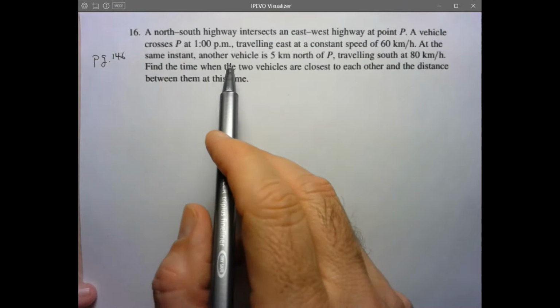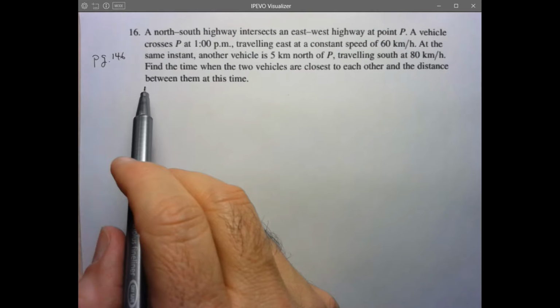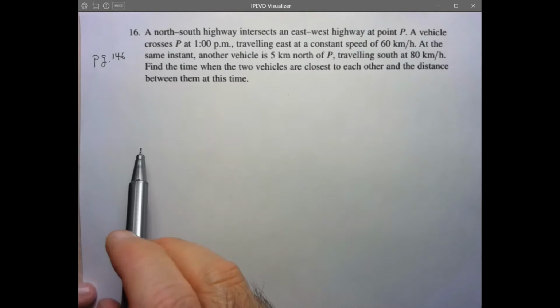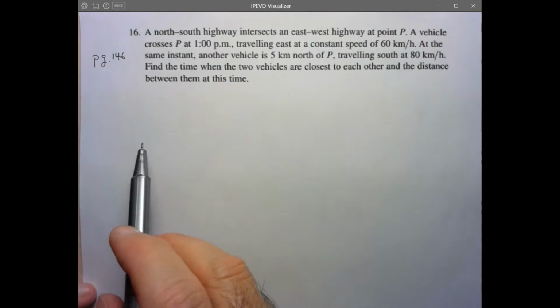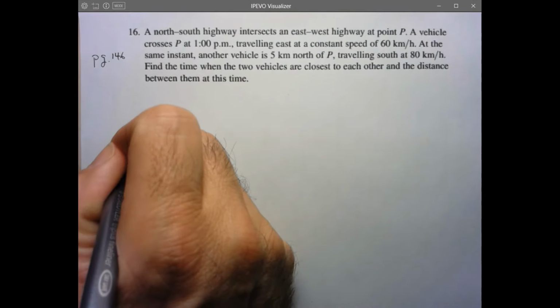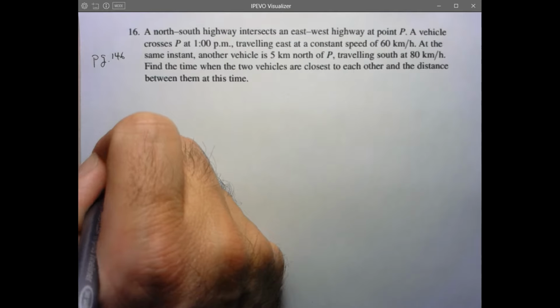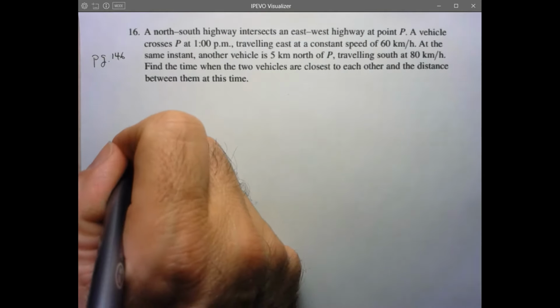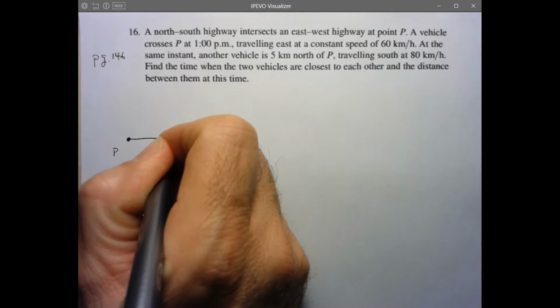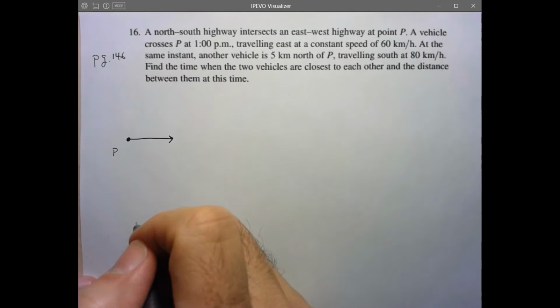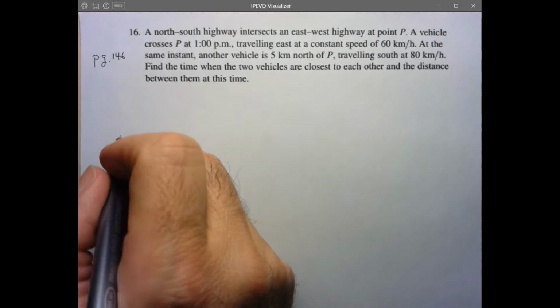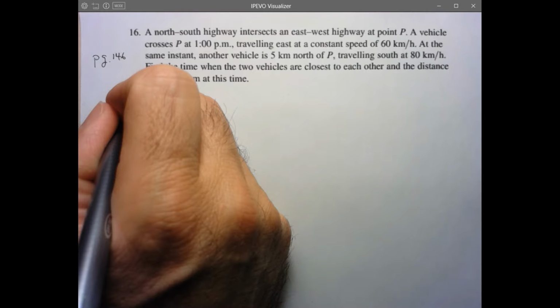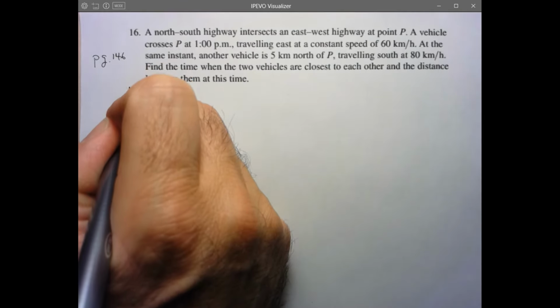At the same instant, another vehicle is 5 kilometers north of P and is traveling southbound at 80 kilometers an hour. All right, so I think what I can do is draw my point P somewhere here. Leave myself lots of room on the top and at the right. Okay, so I have one car that's leaving P at the given time, at 1 p.m. And then I have another vehicle that's starting off 5 kilometers north of P and moving southward